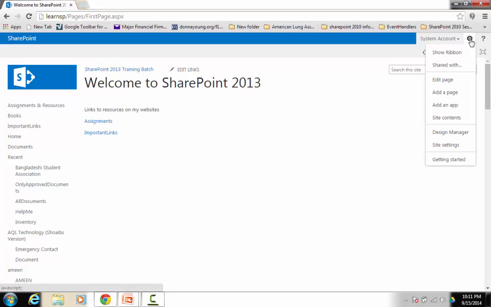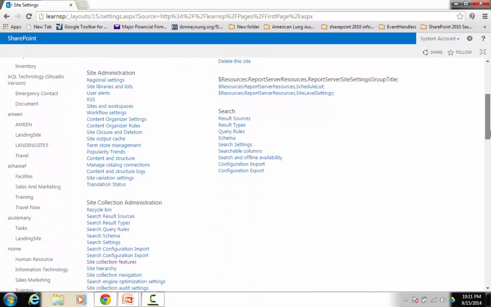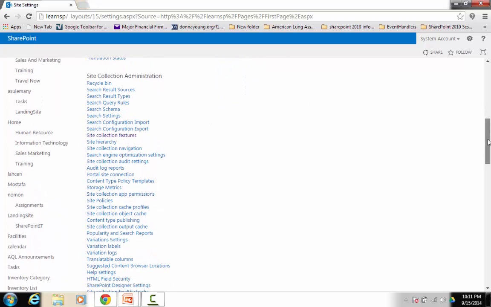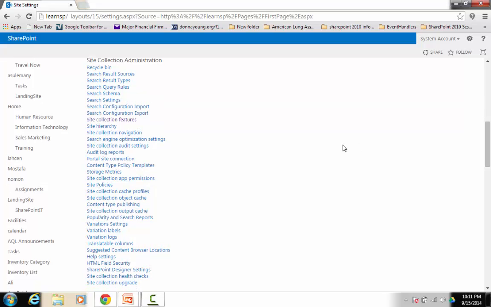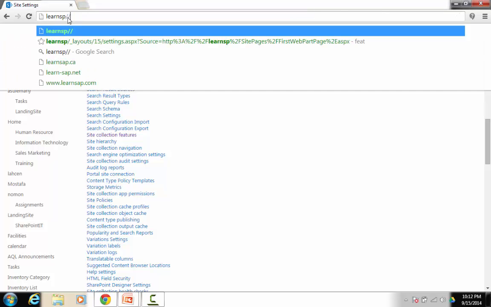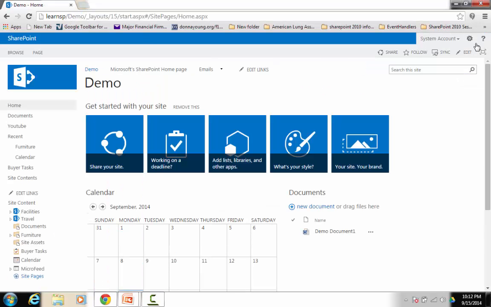Now if I go in site settings of the top level site or the root level site, then I'm going to see a whole big section over here which is site collection administration. This whole big section of administrating the site collection is available only on the top level site or the root site. It does not exist on any of the subsites. So if I go to demo here, /demo, and now if I go to the site settings,